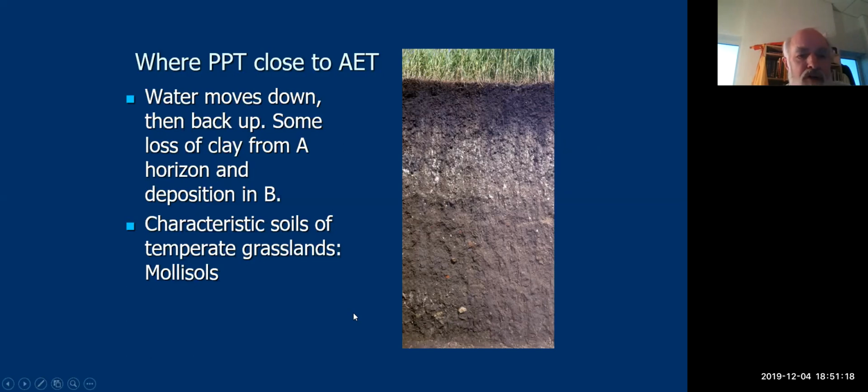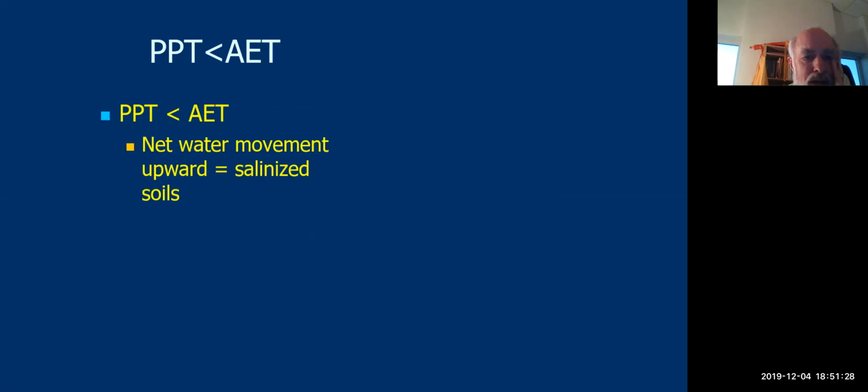Okay, so this is a characteristic of grasslands in the higher latitudes. What you're looking at is more where precipitation can be less than actual evapotranspiration. Now, how can that be? Well, you have to supply some water, but where you would get net water movement upwards. You would get very little tendency of water to go down through the soil profile and into groundwater. You would have a lot of a tendency for water to move upwards through the soil and on salt-enriched soil, particularly if there's